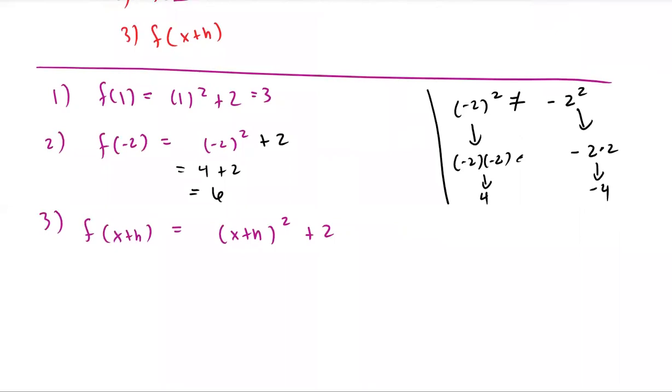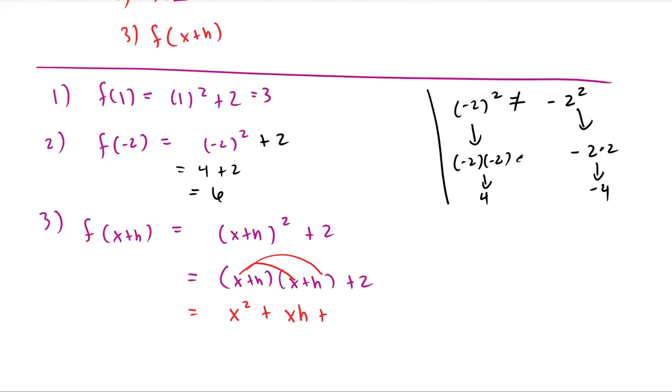If they ask you to simplify, you could multiply this out. So again, by definition, whenever you see something squared, that just means multiply it by itself. Now, if you remember how to FOIL, or how to multiply things like this, basically you do outside times inside. So that's x times x, that's x squared, plus outside times outside, that's x times h, that's xh,